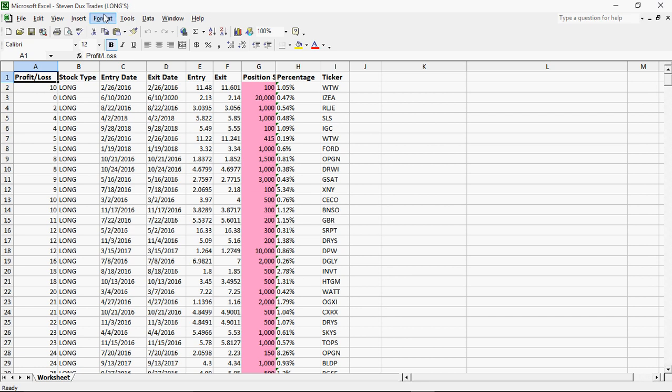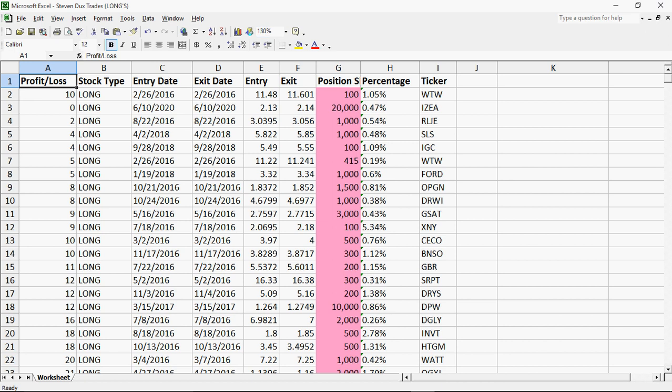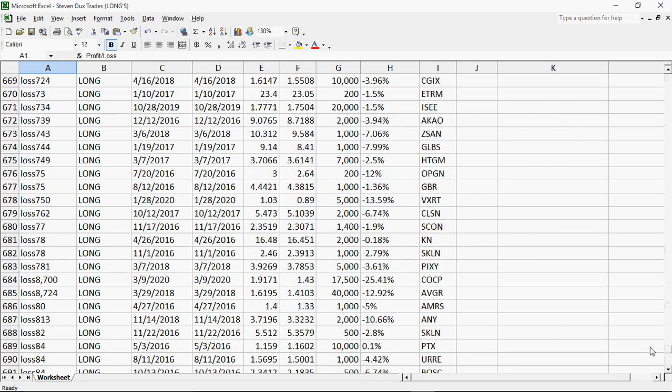This is Steven Dux's longs, right? Let me see if I can make this a little bigger for y'all. Let me do 120 maybe. 130. Okay, this is Steven Dux's longs, right? What I did was I categorized his whole trading sheet and I just took out the longs and saved it in its own